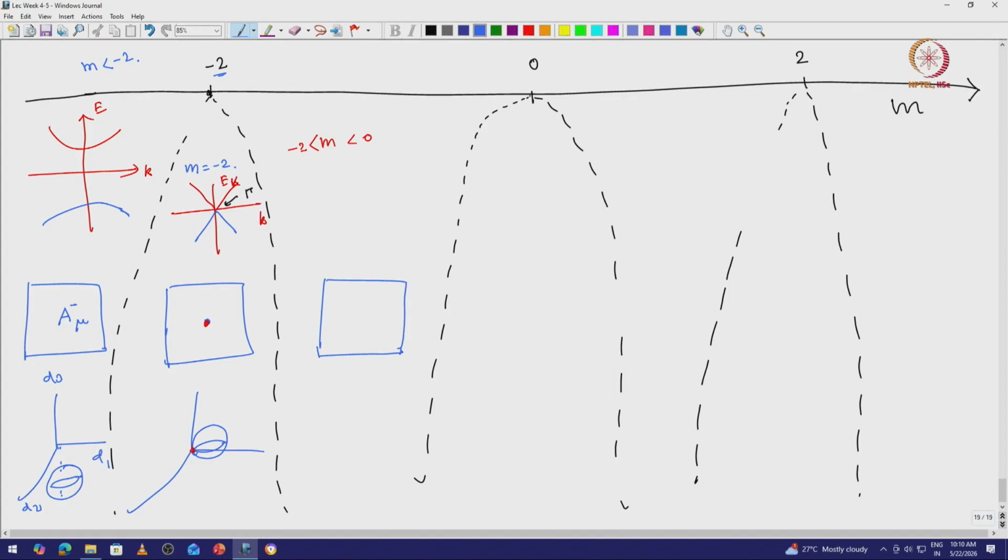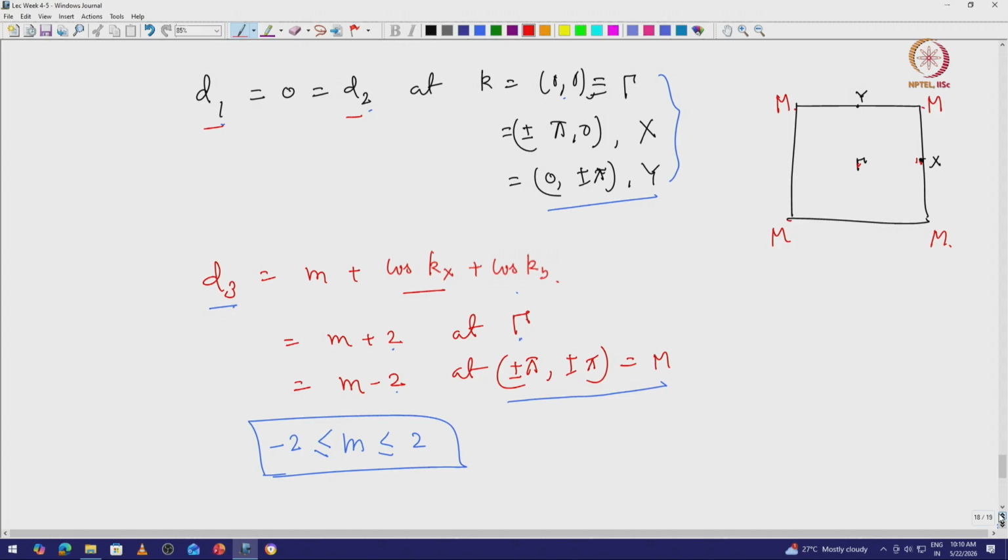So here, the d3 equal to 0 contour will be obtained from here by setting this to be equal to 0, and it will depend on the value of m. And you can see that near the gamma point